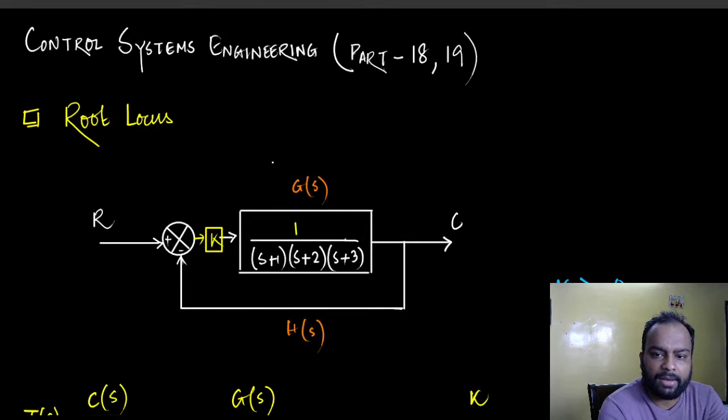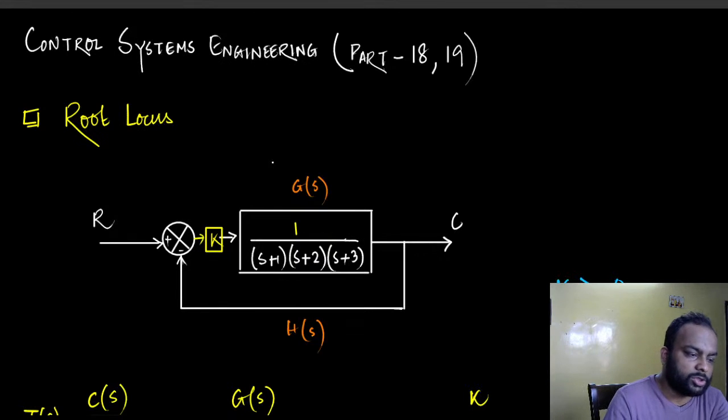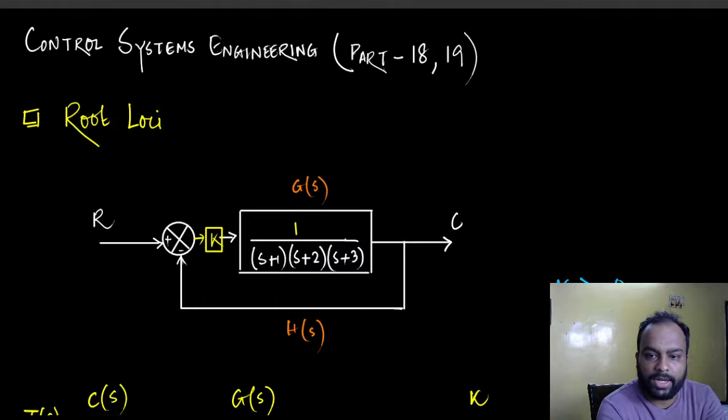And since we have multiple poles, we call it root loci ideally. So it should really be root loci. Let's change the name. Let's make it proper English. We should really call it root loci, the plural of locus. All right, so with that said,